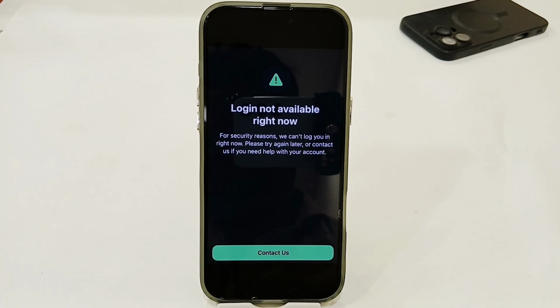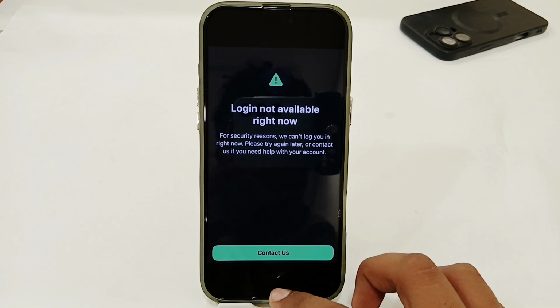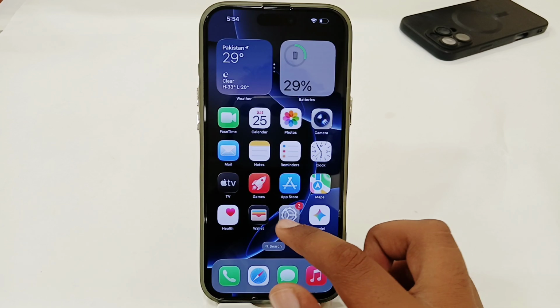Hey guys, today I'm going to tell you how to fix "login not available right now" on WhatsApp. If you're using WhatsApp and you're having this issue that login is not available, let's see how you can fix that issue. So very first thing, you just have to go back and open your Settings app, and